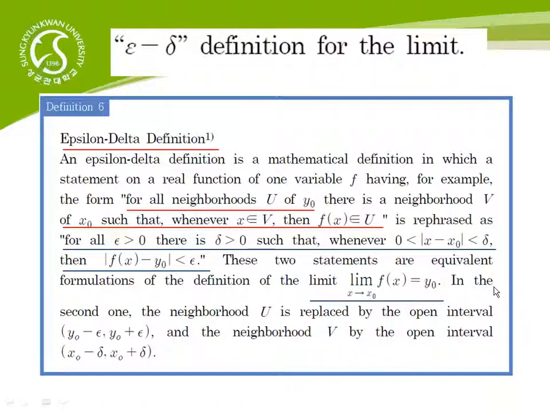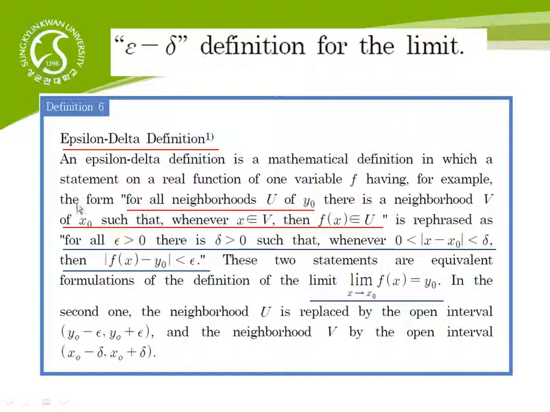Okay, I mentioned the real meaning of this epsilon delta argument, which is a kind of microscope in mathematics. An epsilon delta definition is a mathematical definition in which a statement on a real function of one variable, f,